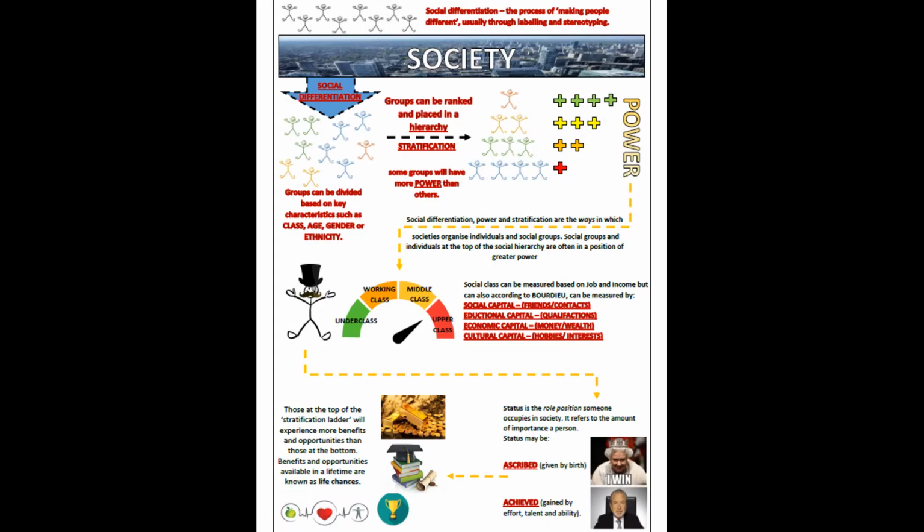Now, just as an additional overview of this topic, we've got this diagram which I've put on the screen. Feel free to take a screenshot and save it, or ask your teachers for the original document. But again, this is a bit like with core themes 1. This is how I try to summarize the week of learning. And this really just looks at the stratification process. So as you can see at the top, society stratification, you've got a group of people. You then see that they're made socially different through differentiation. So they've divided the group of people into different hierarchy positions. Those at the top have more power than those at the bottom.